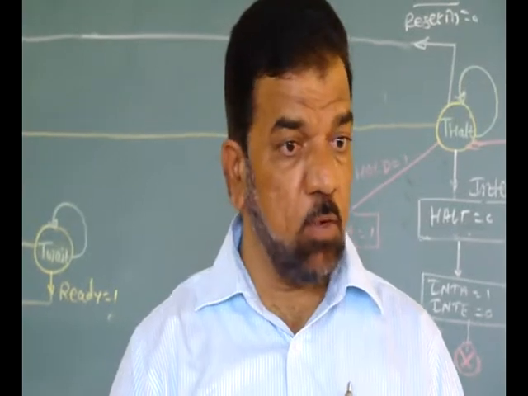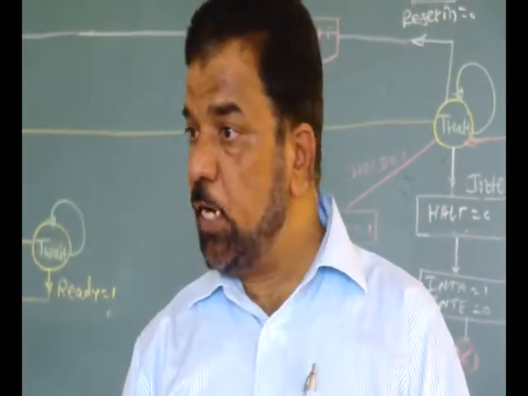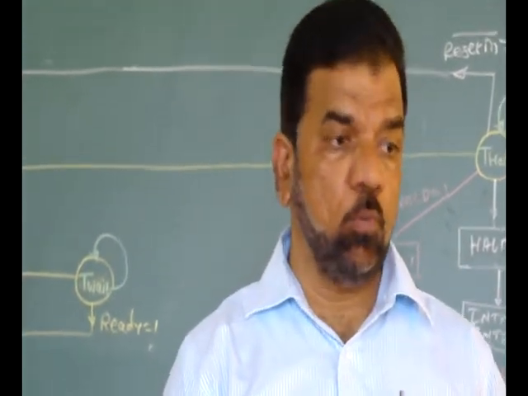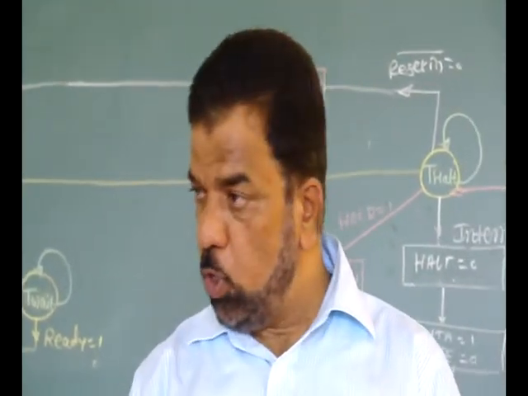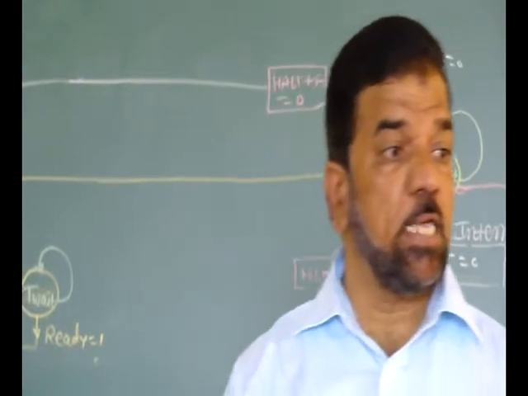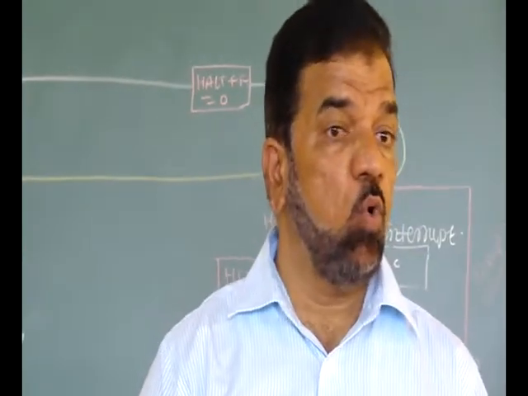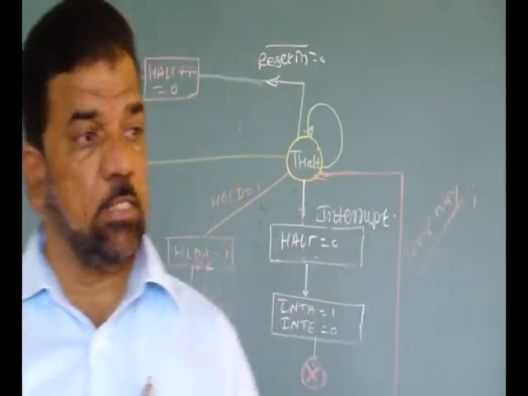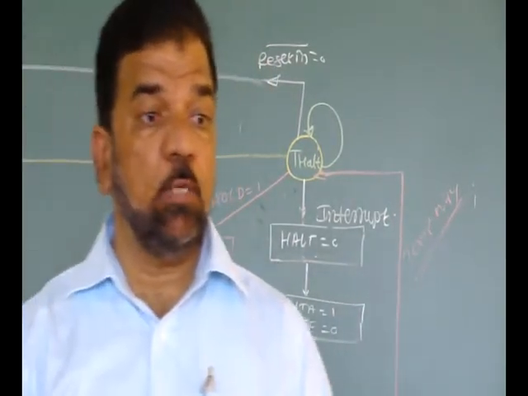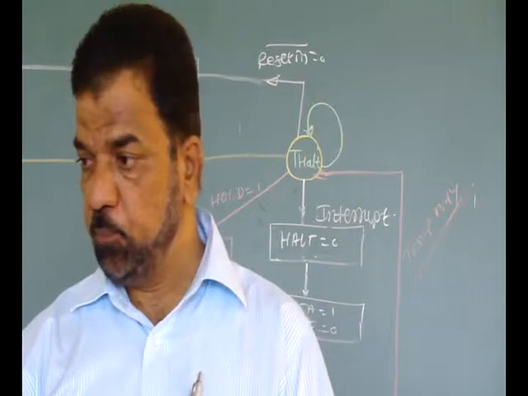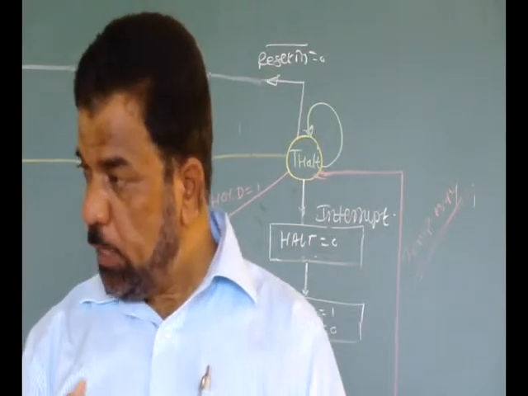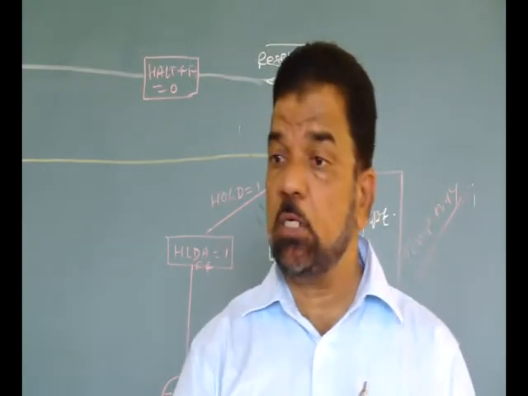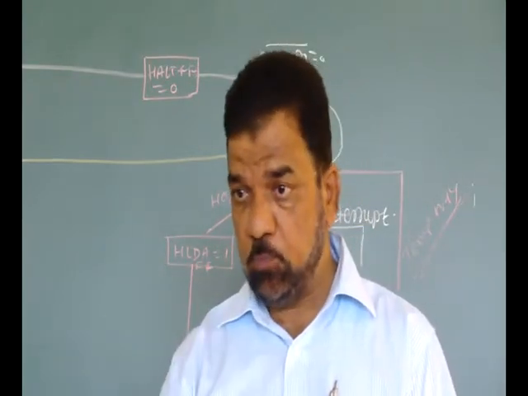Okay. What is the next state? Wait. Wait state is acquired by generating ready signal equal to 0. Hold state, third state. Hold state is acquired by raising the hold pin equal to 1. And last state, halt state is acquired by executing the HLT instruction. Okay. The next question will be like this one: what happens when the processor enters a particular state?